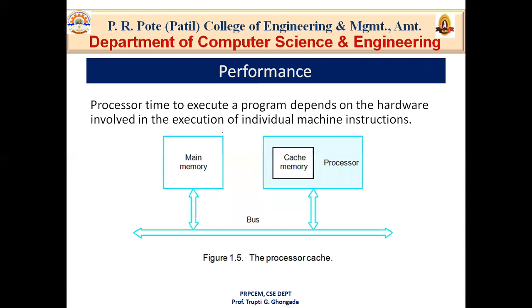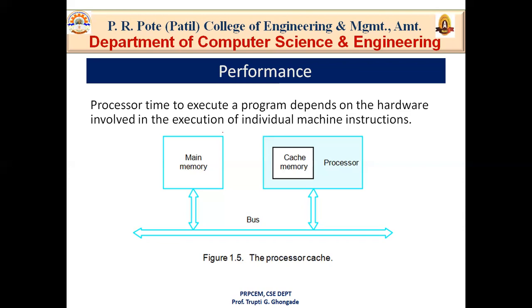Okay. So look at this diagram. Now, let us examine the flow of program instructions and data between the memory and the processor. Your main memory and processor are connected to a single bus. At the start of execution, all program instructions and all the required data are stored in memory. We know that program instructions and data are always stored in the memory, so at the start, they are stored in main memory.